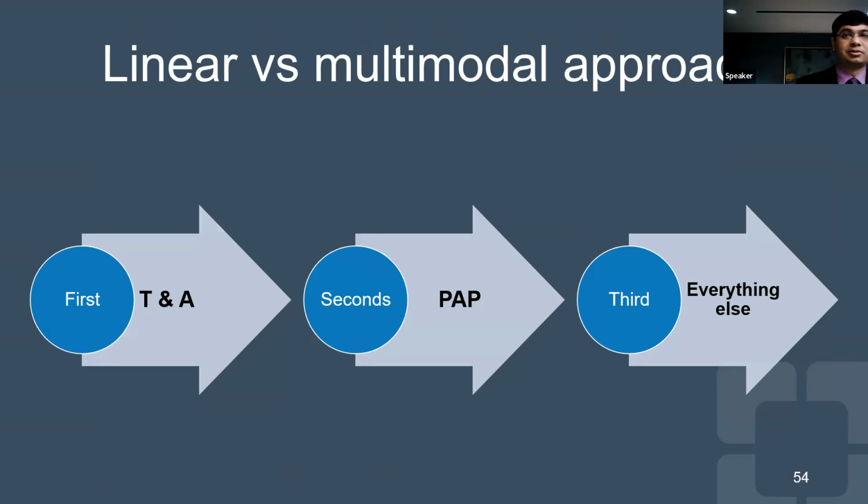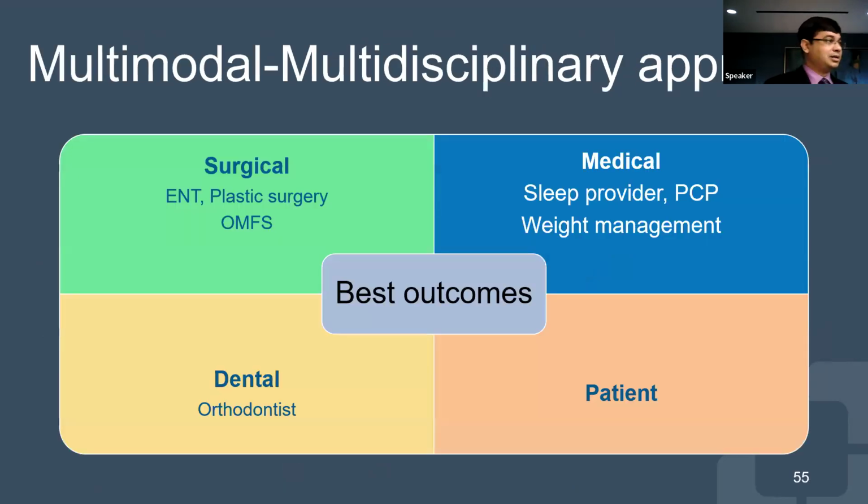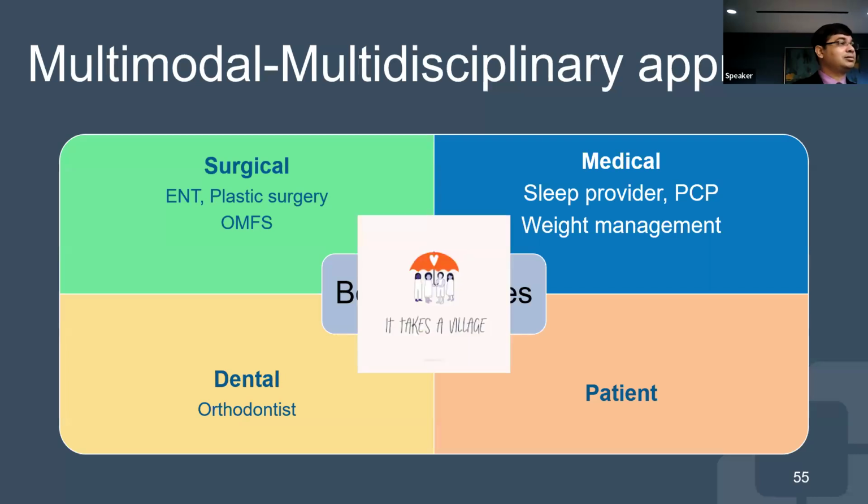We used to have this linear approach: adenotonsillectomy first, CPAP after, and everything else after that. Instead, having a multimodal, multidisciplinary approach from the get-go, from day one, means planning out the treatment. And that is what we have pretty much adopted. You want to have a team of individuals on board: your surgical team, ENT, plastic surgery, oromaxillofacial surgeon, medical team, sleep provider, primary care, weight management team, dental team, orthodontist, and last but not least, the most important team player, the patient themselves. Patient preferences influence a lot of treatment options, which I'll show in an example in a second. It takes a village. However, that's what gives the best outcomes, probably long term,